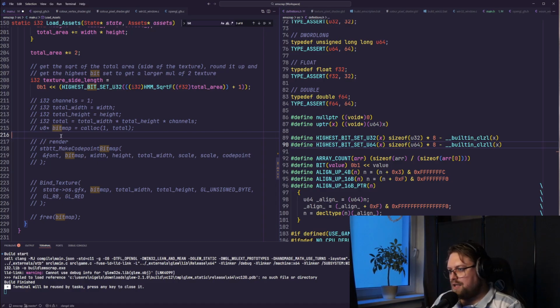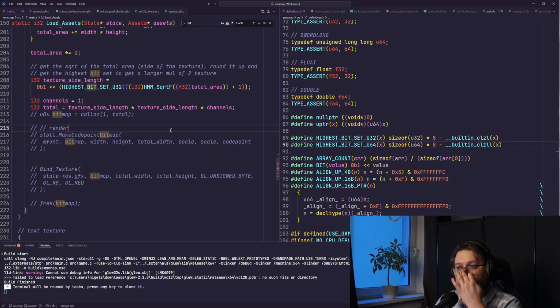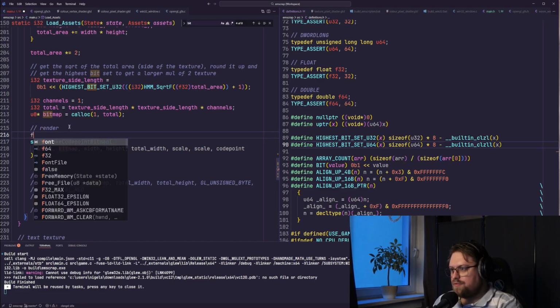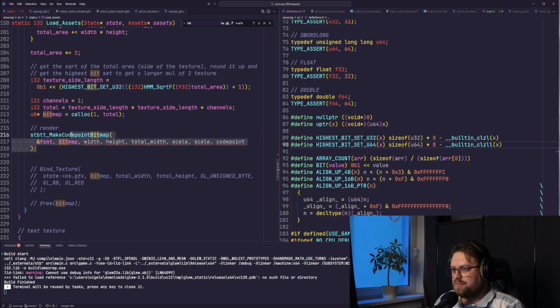Which means that we need to allocate that. And then the channels for a texture is going to be 1. And then we allocate that. And then we can start rendering it. And the rendering process is going to be a loop. So for, and actually, speaking of loops,